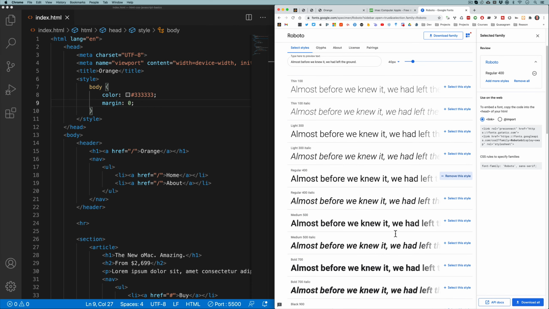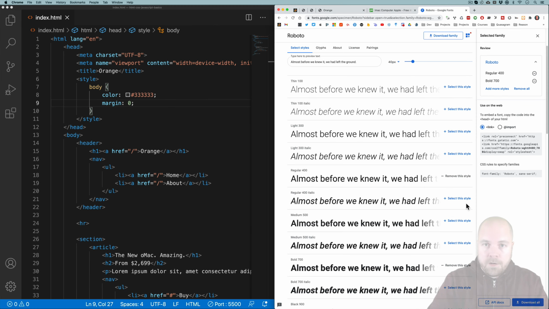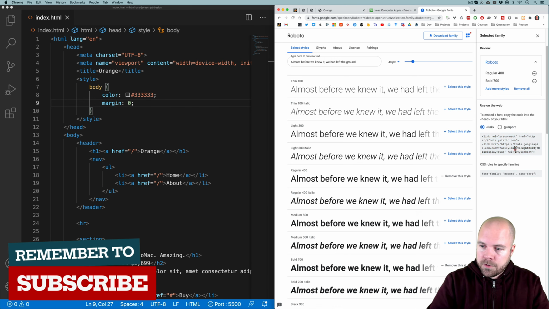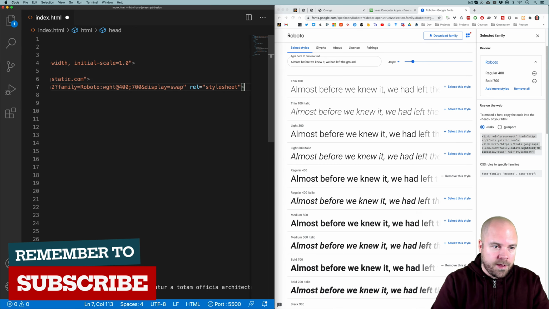And we're going to need bold as well. So I'm going to click on select this style next to the bold font. And if we look over on the right, it gives us some code for implementing this font into our web page. So it gives us a couple of link tags here, and these need to go in our head. So I'm going to copy these link tags, and I'll paste them above this style tag in our head